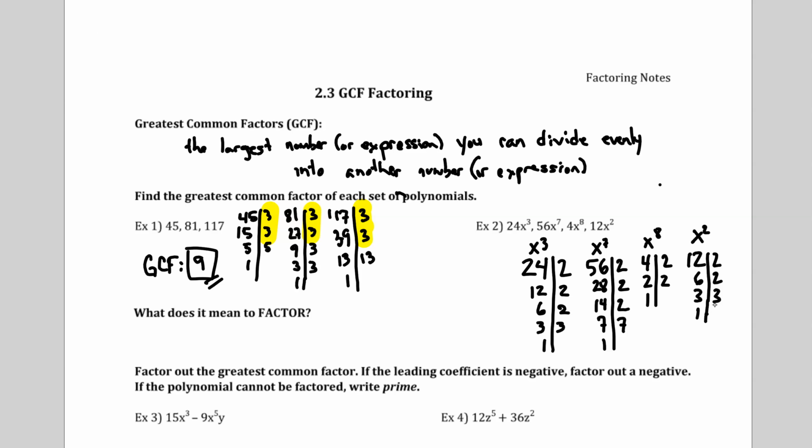So then I say, what do they have in common? Well, they all have two 2s. And that's it. For the variables,